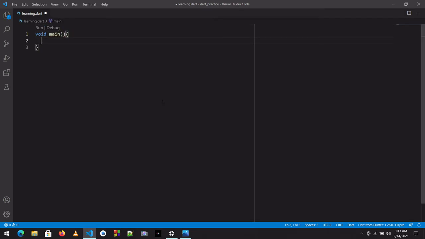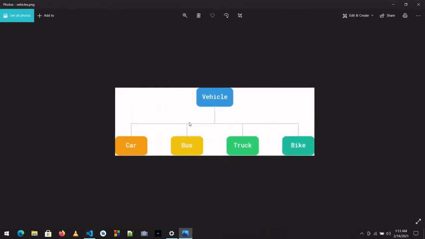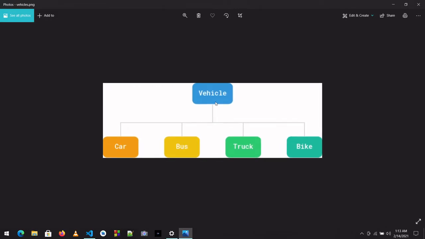Before starting, just understand what a class and an object are. Like, what is a class actually? For example, you can see an image on my screen. It has vehicle. So vehicle is a class. We have so many vehicles in the world, right? Vehicle is one class, and every vehicle has different subclasses such as car, bus, truck, bike, all of which fall in one category, one class, named vehicle. This is the same thing for creating such an implementation in programming.